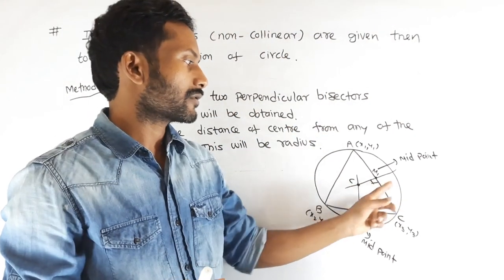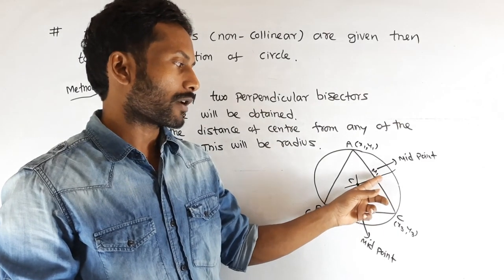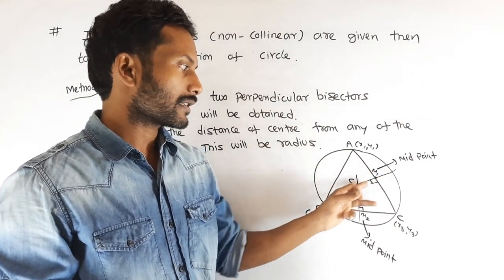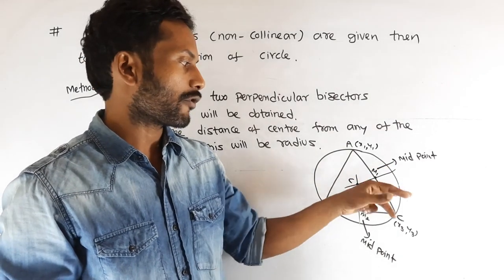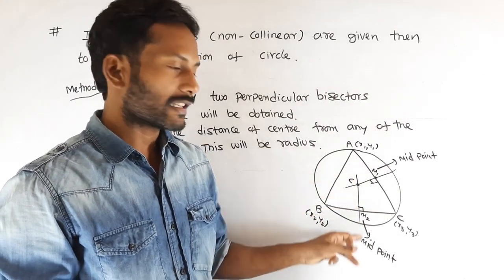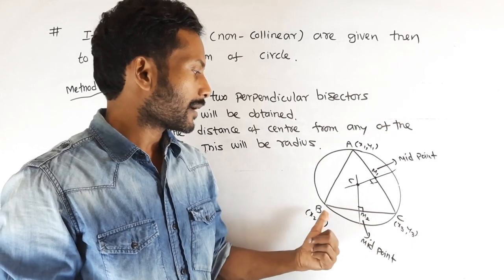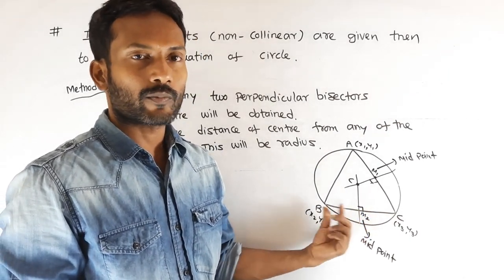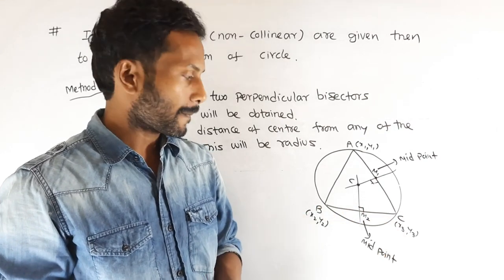So slope 1 తెలుస్తుంది and this line passes through M1 point. M1 point is the midpoint of AC. So point and slope form, which is the equation of CM1. Similarly, this is the equation of the CM2. M2 is the midpoint on BC. So point M2 calculate చేయొచ్చు, midpoint between B and C.